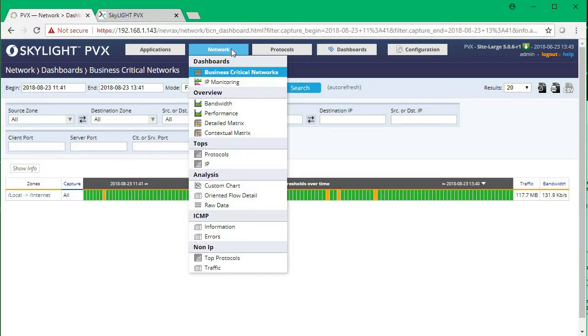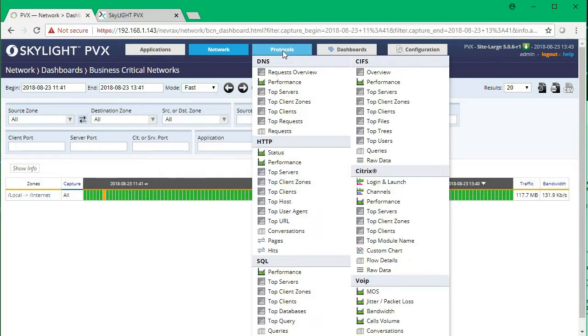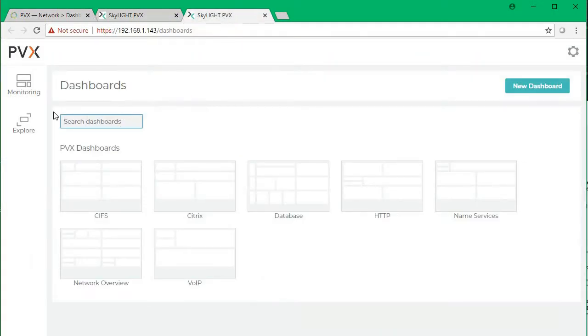Again, under the network choices, lots of things that we can zone in on: monitoring of a specific IP, the bandwidth, performance, again detailed matrix, specific protocols, top IPs. We can build our own custom charts. Under the protocols, we can look at DNS, HTTP, SQL, CIFS, Citrix, and voice. And under dashboards, that's the